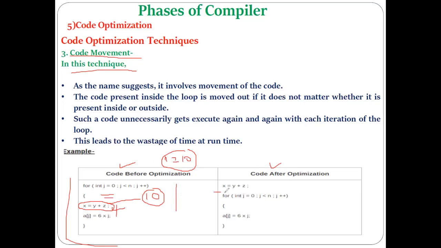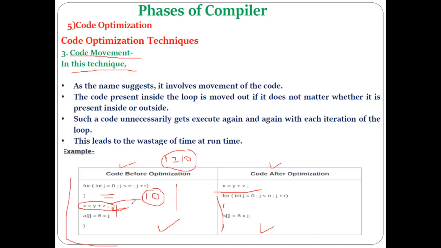Yes, if you write x is equal to y plus z and the remaining part as it is, the meaning of these two fragments of code is still the same. Only here it will be processed 10 times, and here only one time, and it still has the same meaning. Understood? So that is called code movement code optimization.